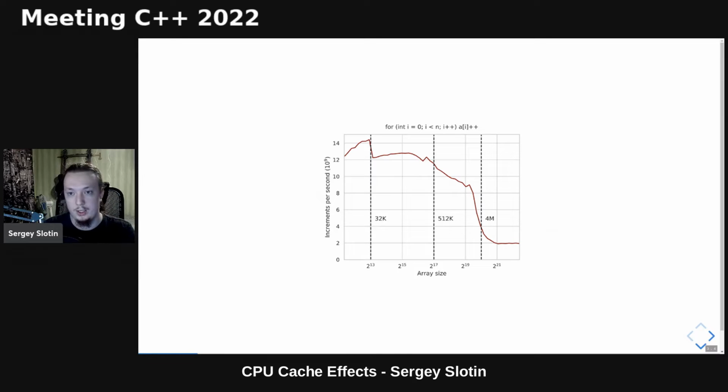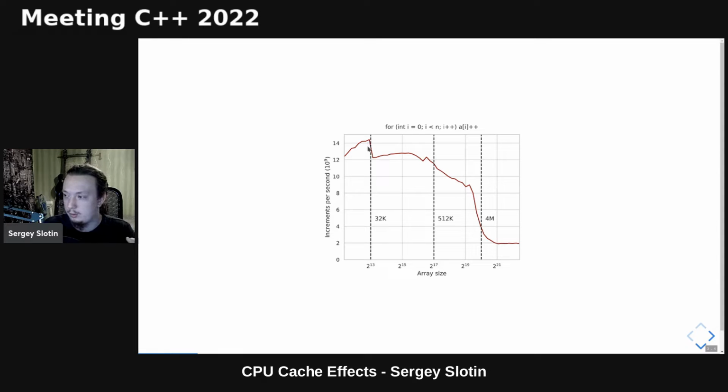So if you run it with many different array sizes on the x-axis and express the total running time as operations per second by normalizing it, we get a graph like this. And you can clearly see the cache sizes on this graph represented with dotted lines. When the whole array fits into the lower layer of cache, the program is bottlenecked by the CPU rather than the L1 cache bandwidth. As the array becomes larger, the overhead associated with the first few iterations and the loop itself becomes smaller, and the performance gets closer to its theoretical maximum.